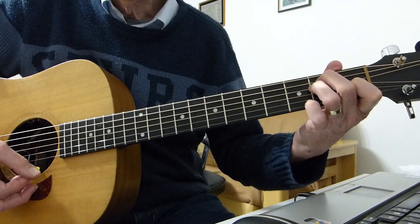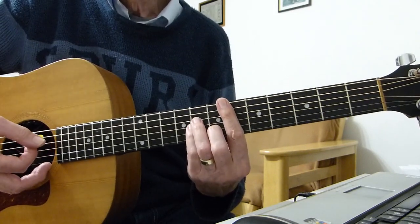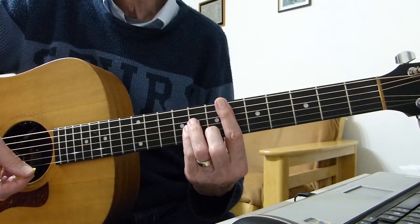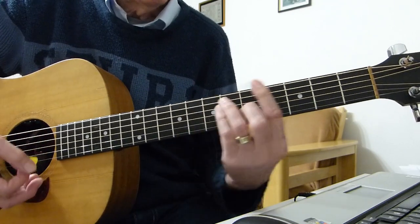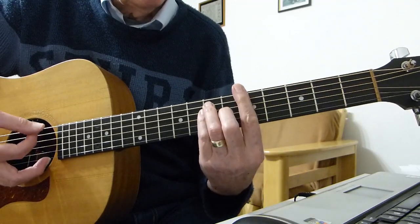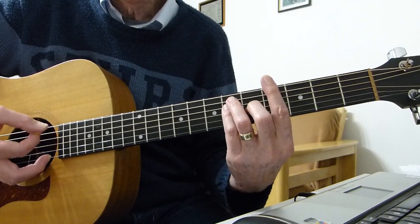Oh, it's not easy pretending. So it's E. It's not easy. A, pretending that you. Now this is D sharp minor, 6th fret bar chord, minor shape. D sharp minor in this key. You could call it E flat minor if you wanted, but they call it D sharp in this particular key. And then we play a G sharp major, 4th fret bar chord, major shape. Okay, so it's not easy pretending that you, D sharp minor, cannot, A sharp or G, A flat or G sharp major, cannot